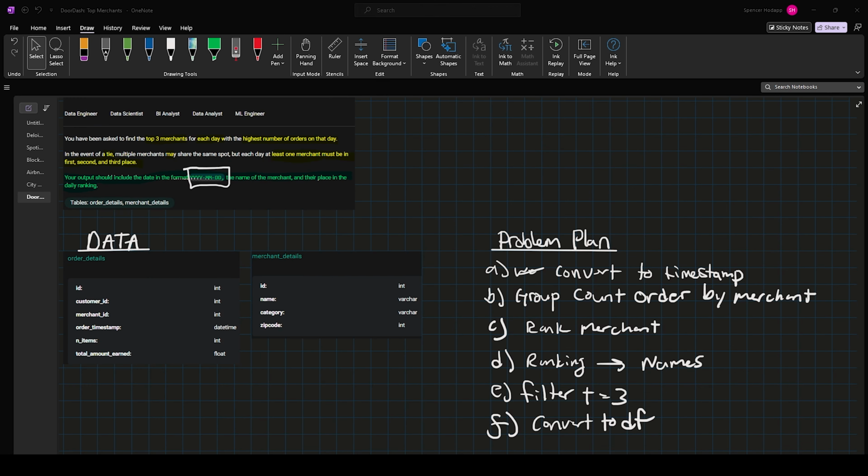All right, now that we've sorted that out, let's take a quick look at our data and figure out what columns we absolutely have to have. So we know we absolutely have to have items. We know we want the timestamp because that's our date time column. We're going to need merchant ID because that's going to correspond to ID in merchant details, and we want name. I'm actually going to box the columns we want.